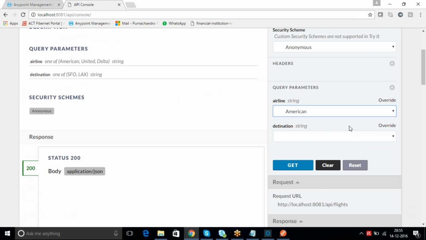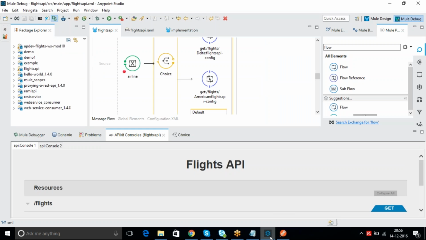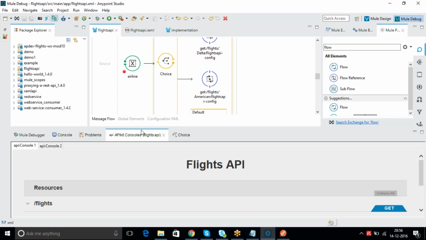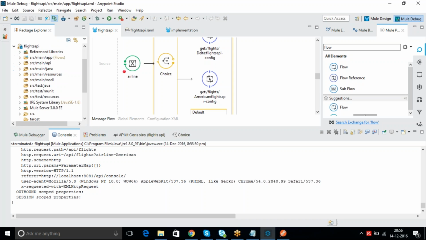So let's select one and then click get, then you will not get a response back because your Anypoint Studio is running in debug mode and it will... what is this, not running, strange. I ran in debug mode only. I think I ran in debug mode. Might be my port got blocked, it looks. So what I have to do in this case, if it is not running,